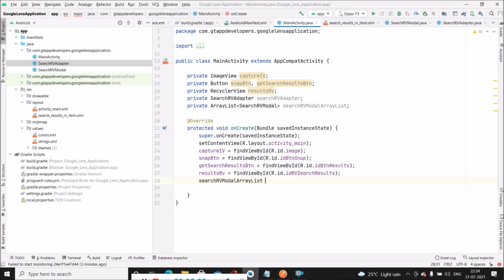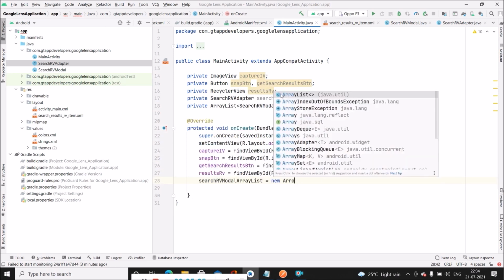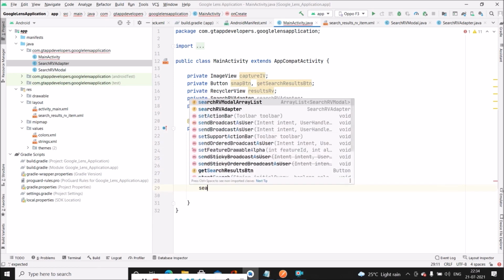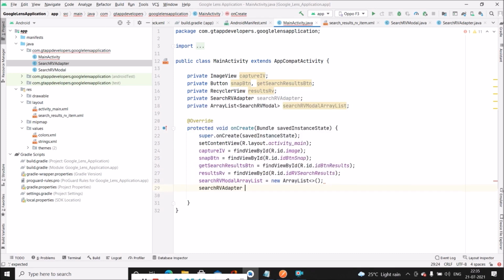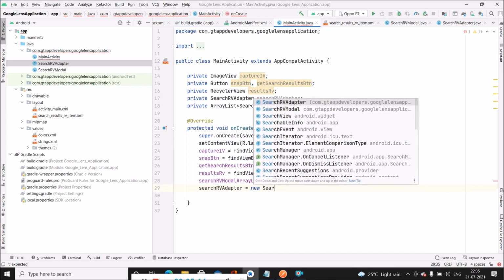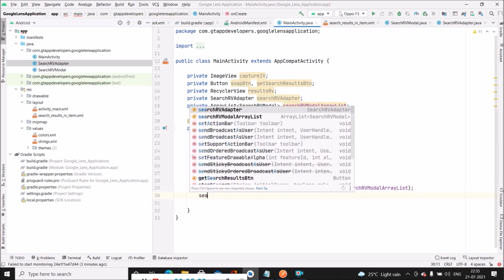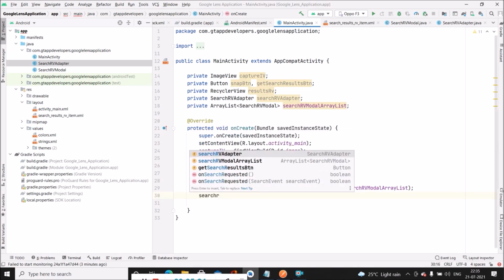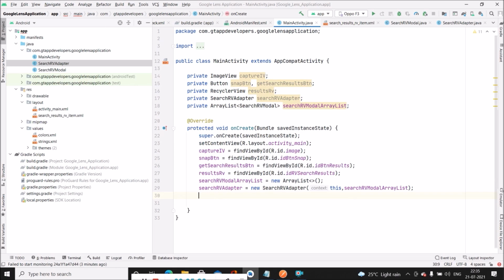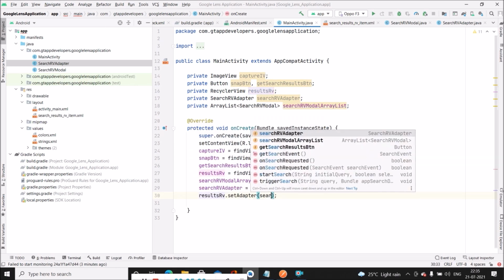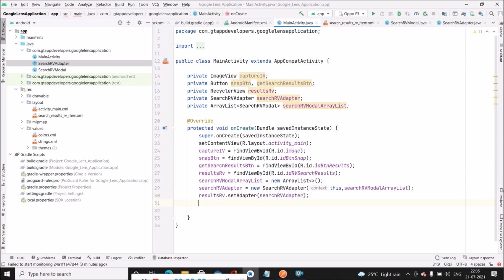So firstly the SearchRVModel array list, then our SearchRVAdapter. Now we will set this to our recycler view, that is SearchRVAdapter.